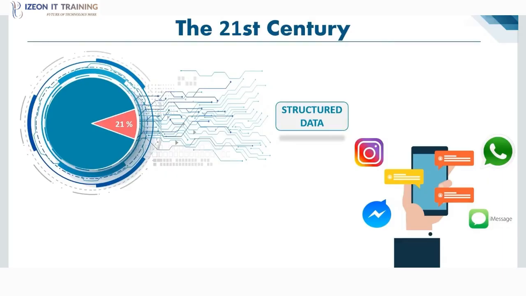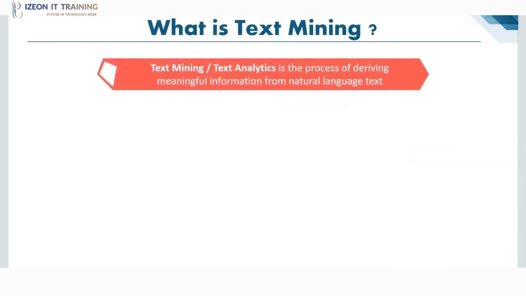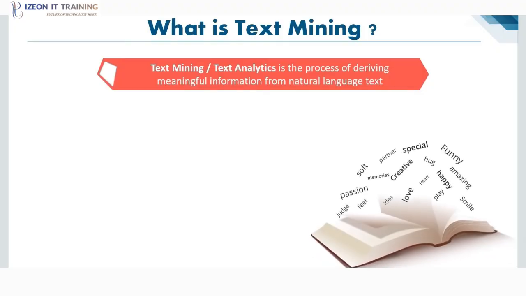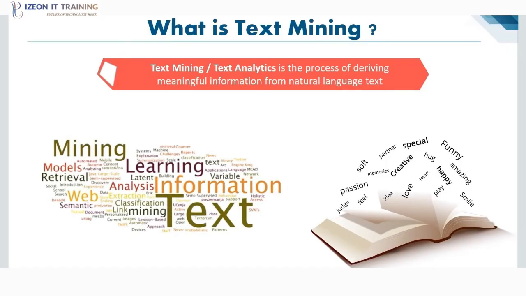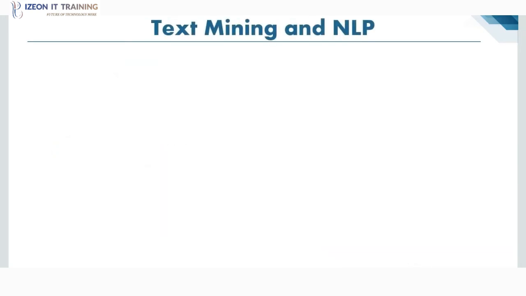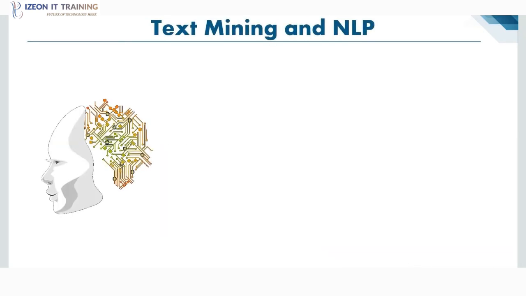Now, in order to produce significant and actionable insights from the text data, it is important to get acquainted with the techniques of text analysis. So let's understand what is text analysis or text mining. It is the process of deriving meaningful information from natural language text, and text mining usually involves the process of structuring the input text, deriving patterns within the structured data, and finally evaluating the interpreted output. Compared with the kind of data stored in databases, text is unstructured, amorphous, and difficult to deal with algorithmically. Nevertheless, in modern culture, text is the most common vehicle for the formal exchange of information.